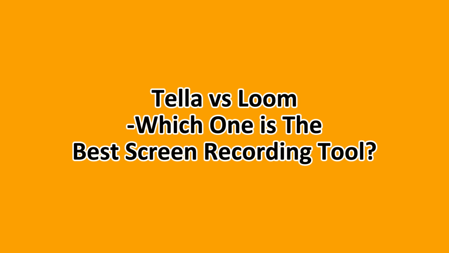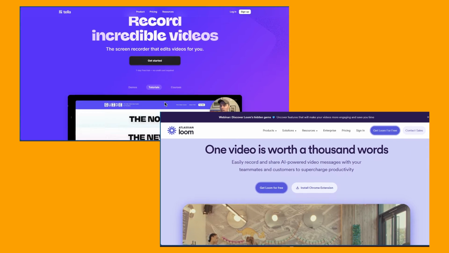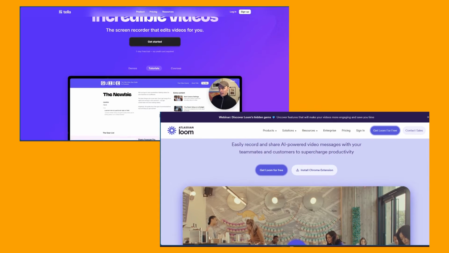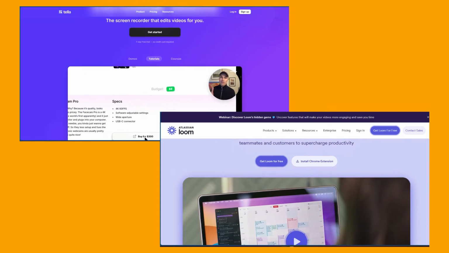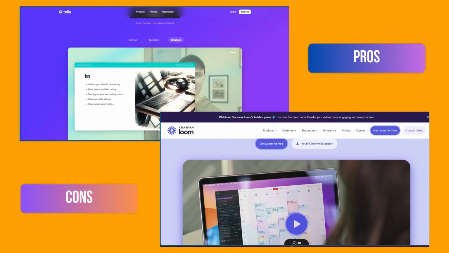Which one is the best screen recording tool? If you're serious about making impactful video messages, tutorials, or product demos, you will know that the right screen recording tool can make all the difference. We'll be taking a look at the features, pricing, pros and cons, and at the end, you have solid reasons